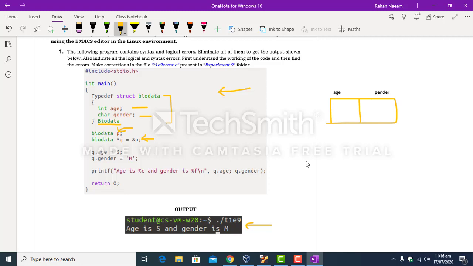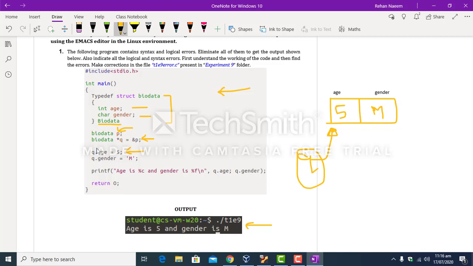So q will be the pointer to this structure, and 5 is to be stored in age as shown over here, whereas in gender capital M is to be stored using this pointer q.